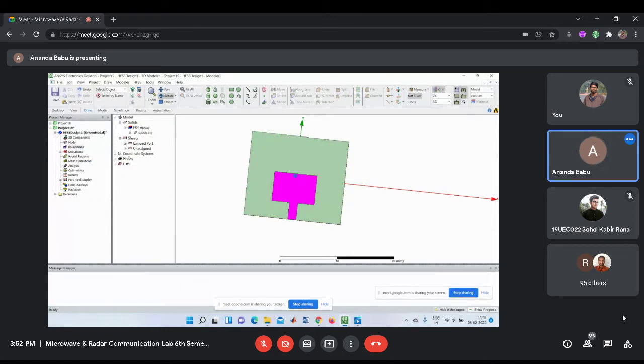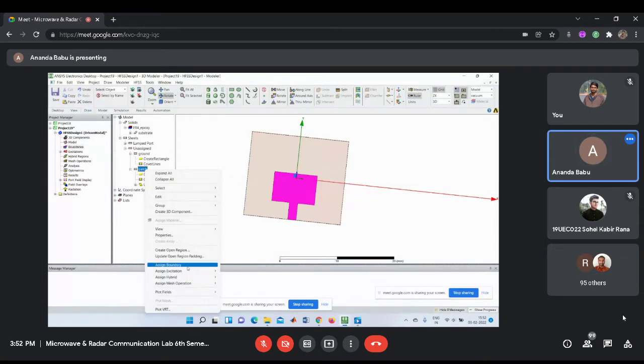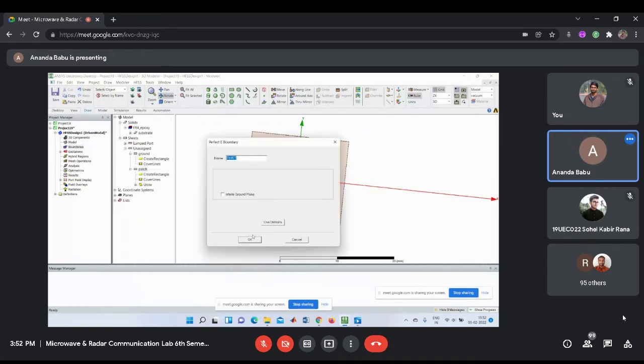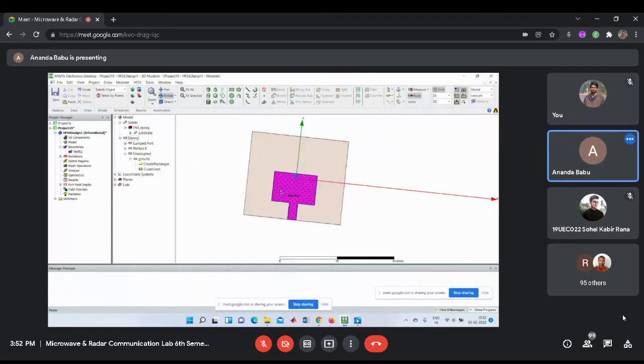First select the patch, then go to right click, assign boundary, perfect E. So this is the perfect E for the patch. Similarly, see here, we are not assigning the perfect E. This is unassigned, that means simply undefined. So previously, if we are giving the electric field for the patch,